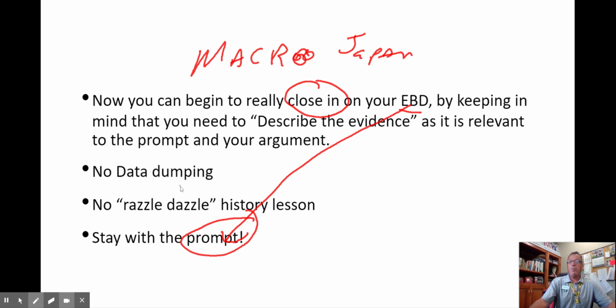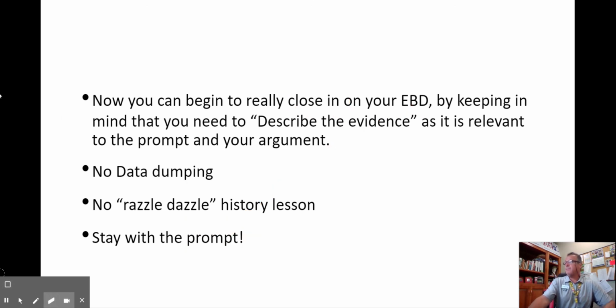But if you were to say the Crimean War helped to influence the Ottomans because they could see the power of Western artillery and things of this nature, now you're talking about another piece of evidence beyond the doc that would help. Again, those kids that are really good at history and telling you everything they know sometimes freeze up here and mess up because they don't go back to the prompt. Don't let that be you. Again, close in on what you're wanting to do with your evidence beyond the doc and make sure it's appropriate for the prompt, and you should be okay. Keep that in mind. Okay.